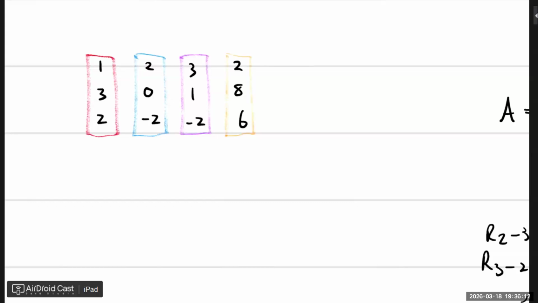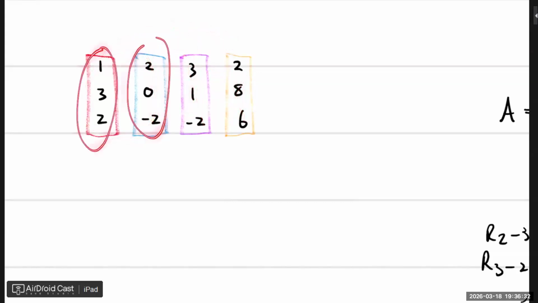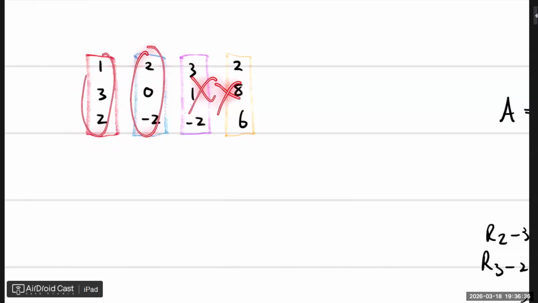Then the question is, if you want to color in a certain image, do you need all 4 of these pencils or not? And the answer is no, you don't need these 2. With a combination of these 2, you can get to those 2. So the column space, all that you need is actually just these 2. You don't need these. That's basically what column space is.